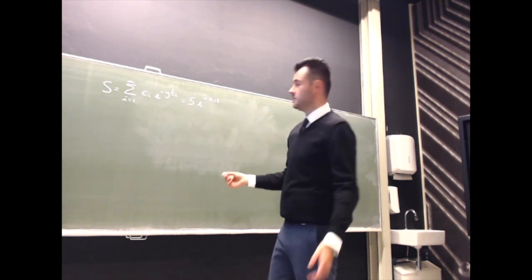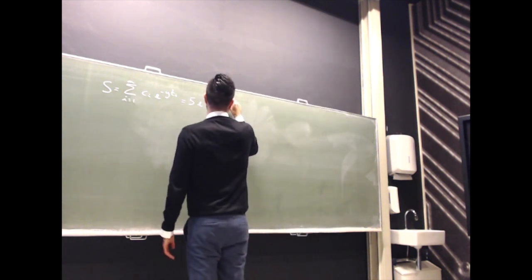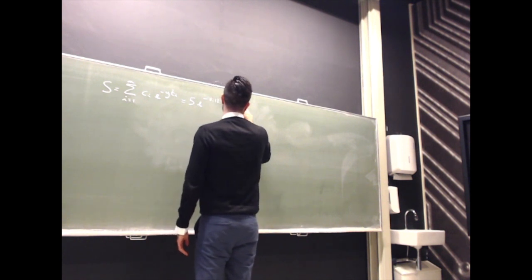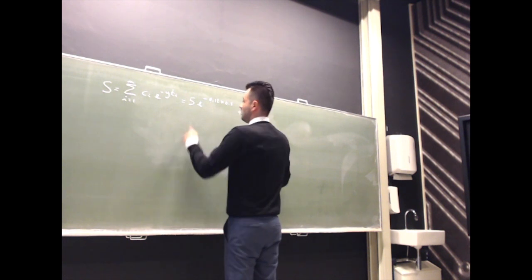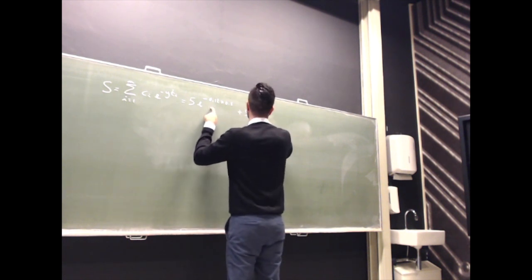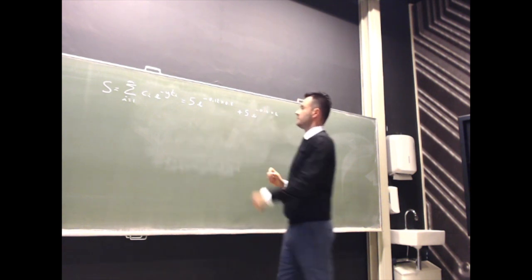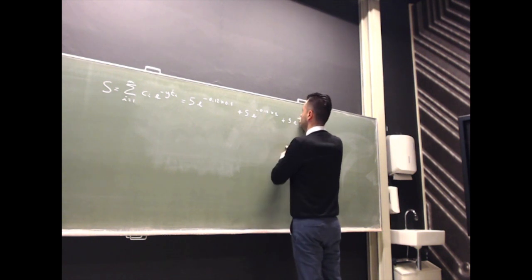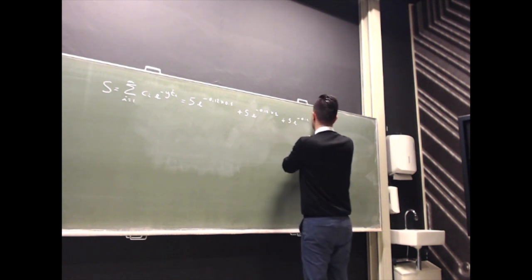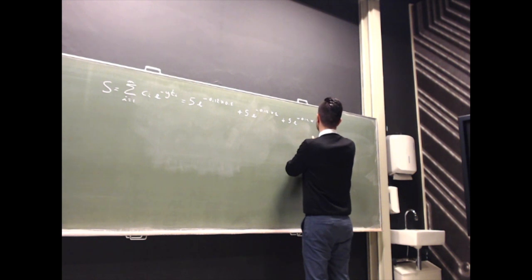So 6 months is 0.5. So times 0.5, plus, again, 5 in 1 year from now. So it's minus 0.12 times 1, plus 5 e to the minus 0.12 times 1.5,